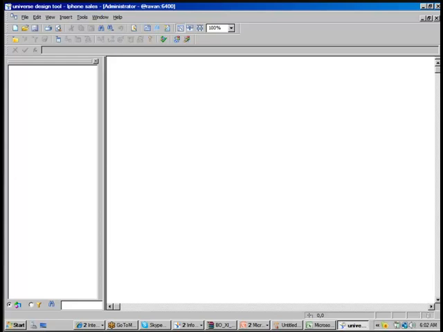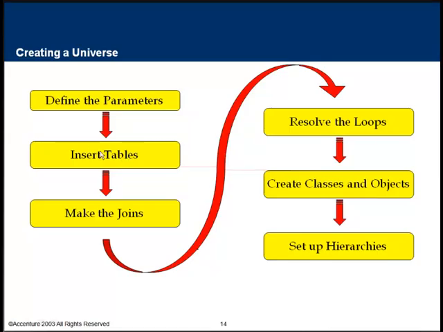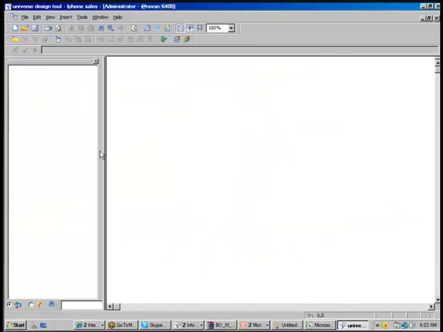The very next step is insert tables. I hope you know what tables you require. I told you in the requirement itself you decided you need an article lookup, calendar year lookup, and sold fact. If you want to import the tables, once you define the parameters and click on OK, you will be